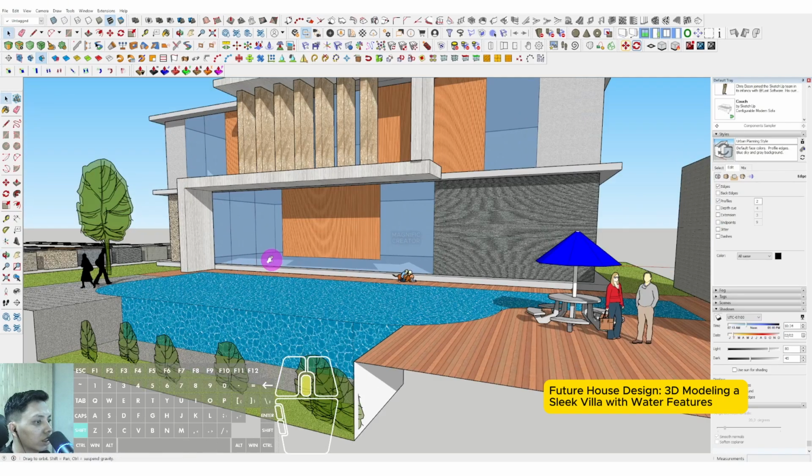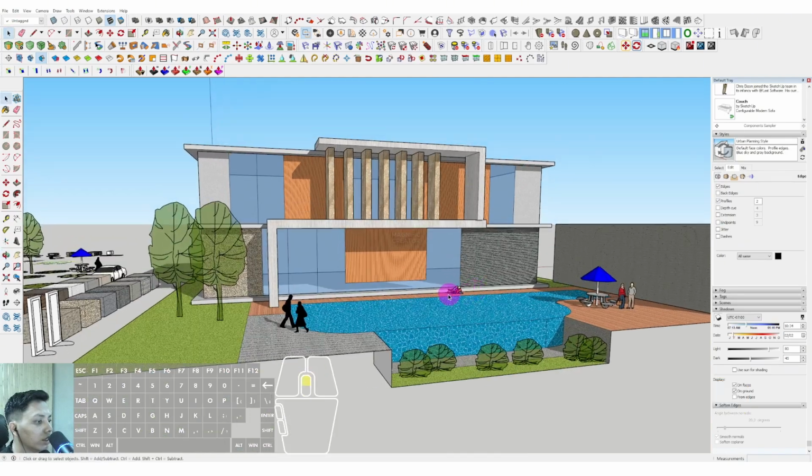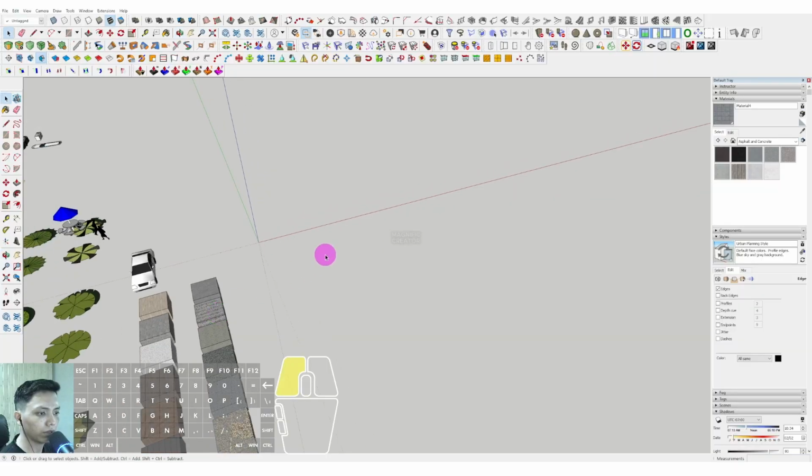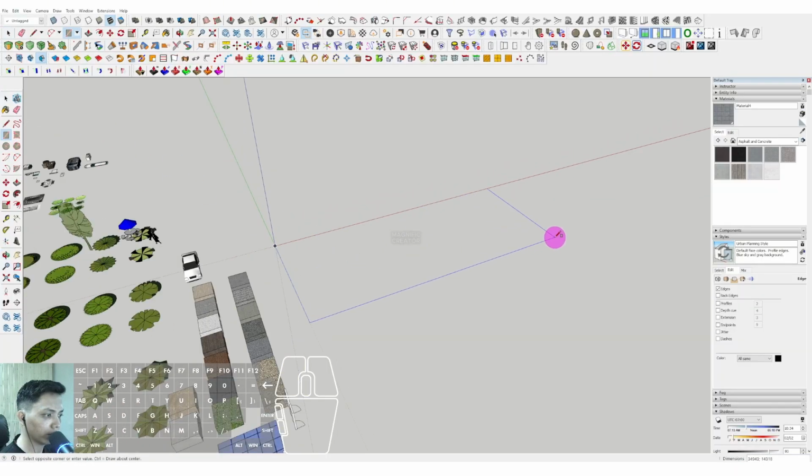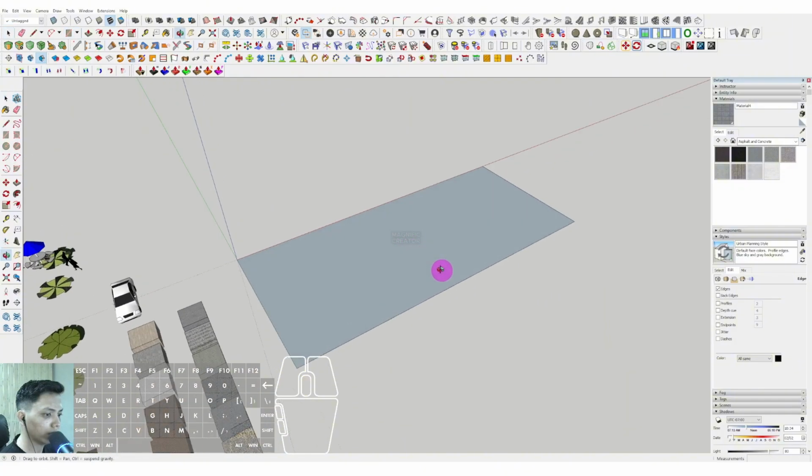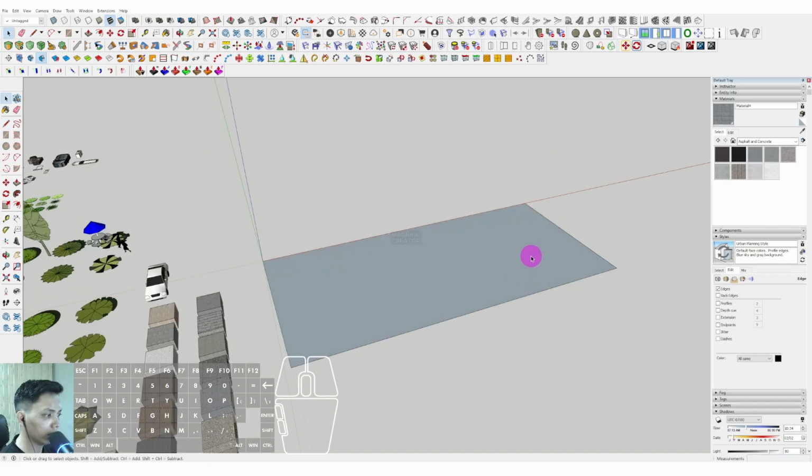This is about the 3D modeling sleek villa with water features for the first session. First of all, we can choose the rectangle in here. We can click and place it at this position. The dimension is around 14 and also 35 meters in here, or maybe we can make it shorter,